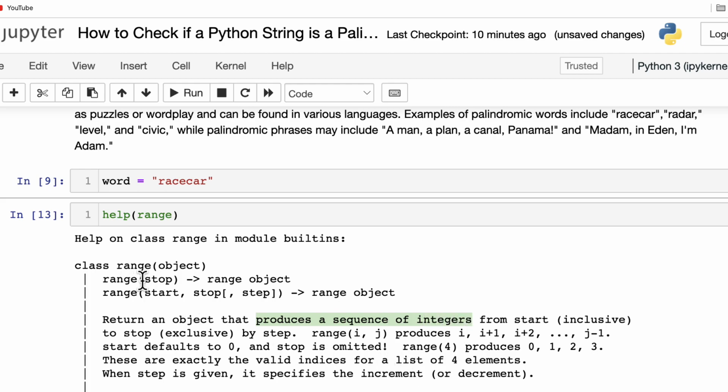And at least it requires one argument, one number, and it will take that one number and use it as a stop, so it will generate integers up to that number, and stop is exclusive, so please remember that, all right? Now, a very popular use of function range is to generate an index based on the length of that